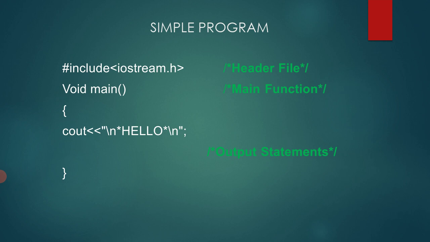Now start with the curly bracket, this is the start of the curly bracket. The cout statement is used to print the value, whereas when we have to input a value from a user we have to use cin, and if we have to print output we have to use cout. So cin is used to get the input.